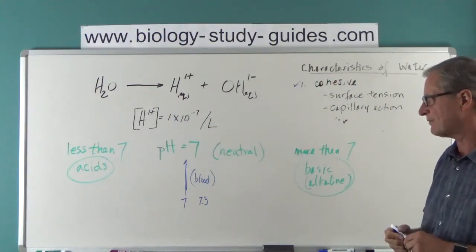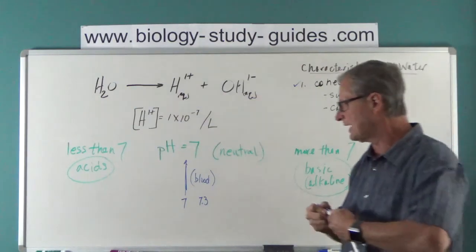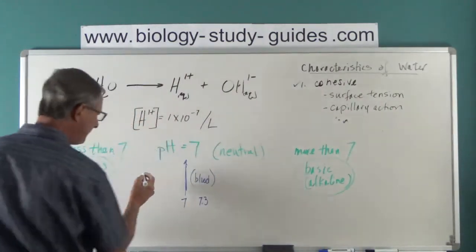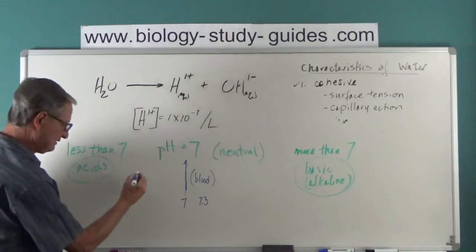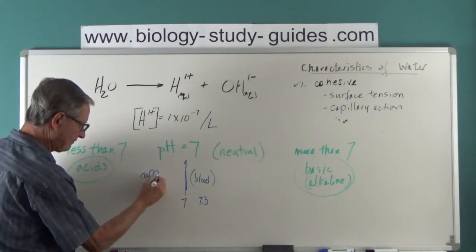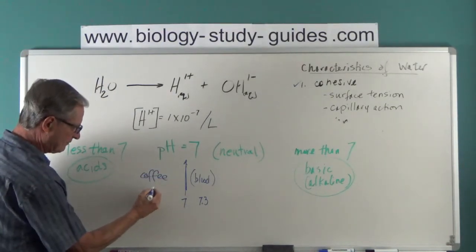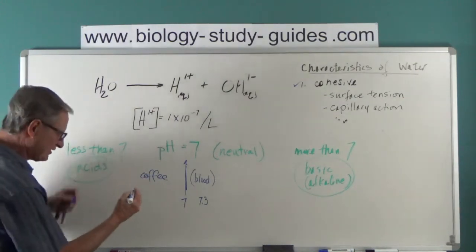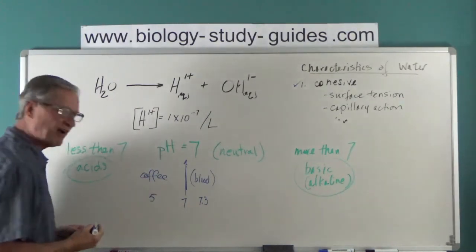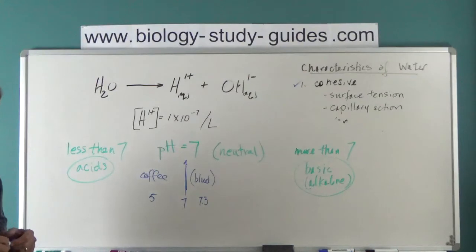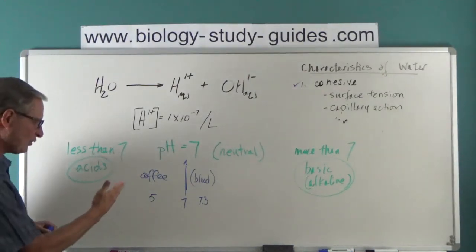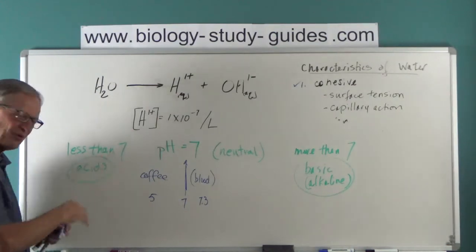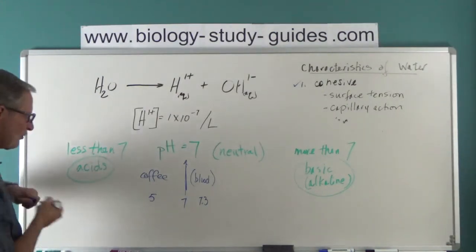If we look at something else you would recognize, perhaps a cup of black coffee. Black coffee without cream and sugar, all that stuff in it. 5. Coffee is slightly acidic. It's not really acidic. I mean, you can drink coffee. Sometimes coffee is a little bit more bitter and you get, okay, it's not quite the same taste, that sort of thing. You go down further,